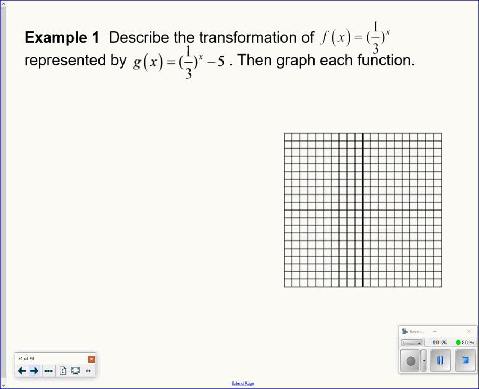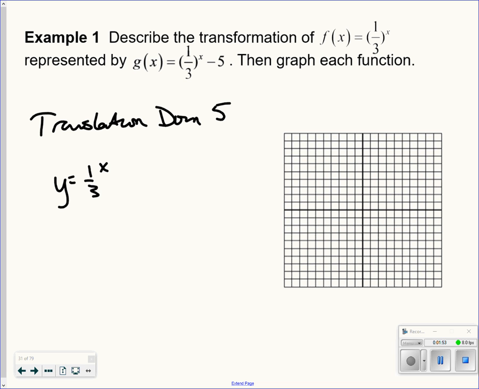So here we go. Describe the transformation. Y is equal to 1/3 raised to the x, represented by g of x is equal to 1/3 raised to the x minus 5. Then graph each function. So what did they do? They subtracted 5 to the n. So that is a translation down 5. And so now if I wanted to graph the original graph, I'd do an XY chart